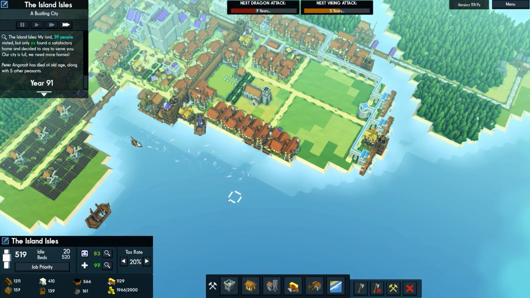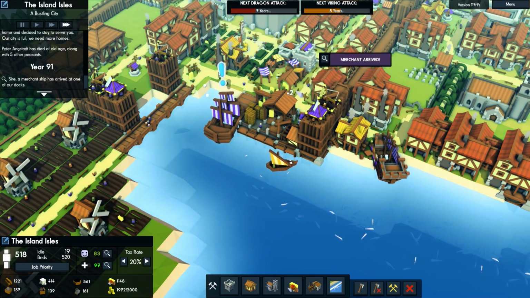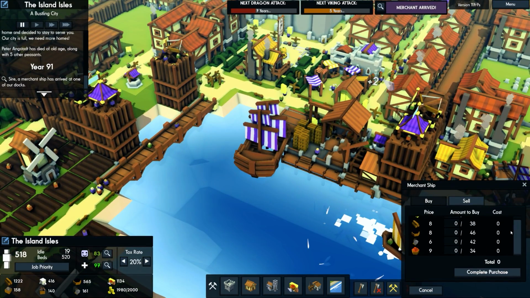Yeah, 91. That's pretty good. There's also a trader coming in. And there they are. So, buying. Once again, they've got no stone. Disappointing. Oh well. I could sell them loads of wood. But realistically, we've got so much money. We don't really need it. I'll buy all their charcoal and such, but...